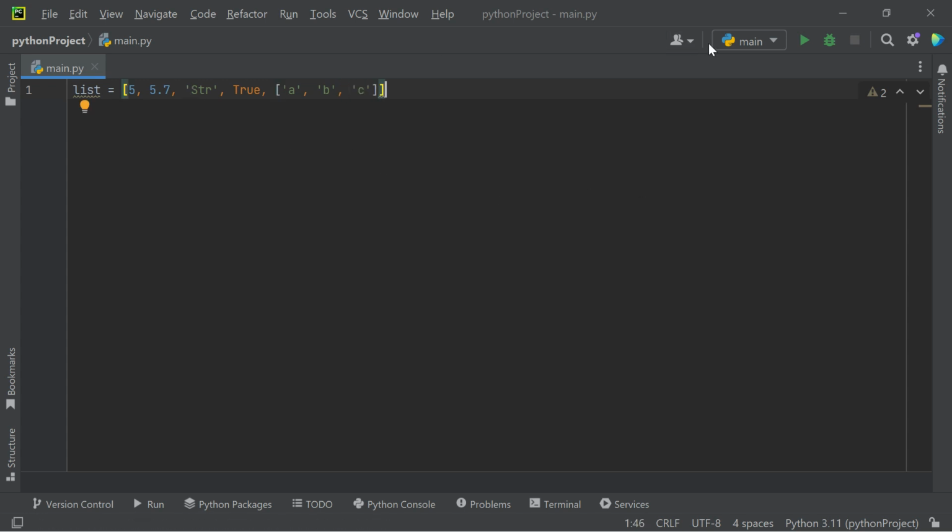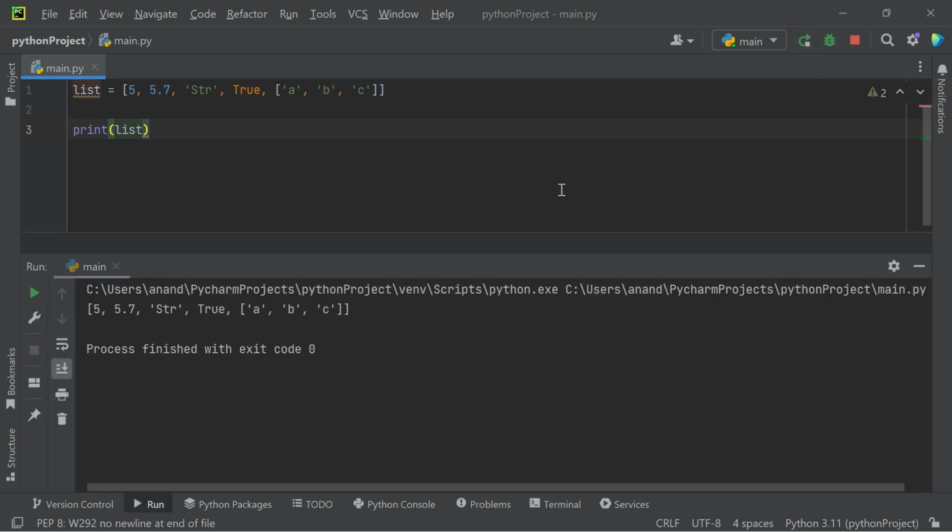So this can be a list. So let's print this list and see if it works or not. Yes, it works. So this shows that a list has heterogeneous data types stored in it. It is not restricted to store all items of a single type, unlike some of the programming languages like C++